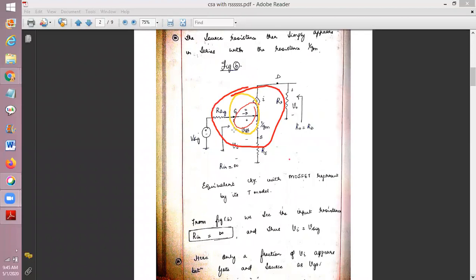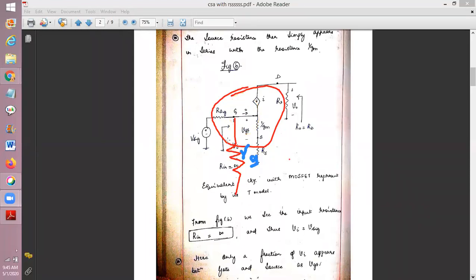Here, please show, mark one resistance from the gate to the ground. From the gate, you place one resistance like this. When we view the circuit here, from the gate terminal, we always have the resistance RG. Place it a little towards the right. Yes, from the gate, we have the resistance RG here.